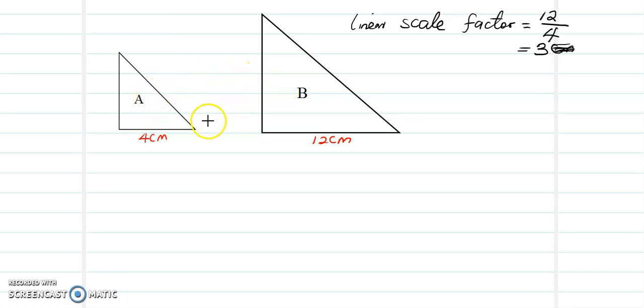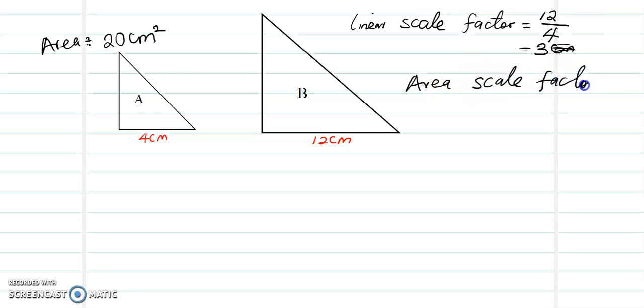Okay, now from this case, if we are asked to find the area, maybe if the area of this small triangle is 20 cm squared, and we are asked to find the area of B. So the first thing you are going to do is find the area scale factor. Don't use this scale factor. This one is the linear scale factor. We use it for the side. So we find the area scale factor,